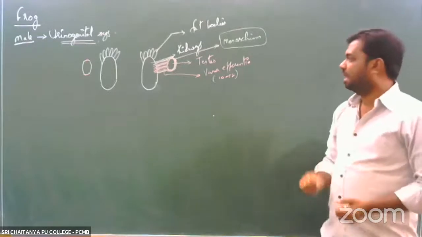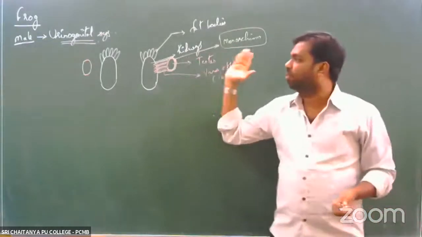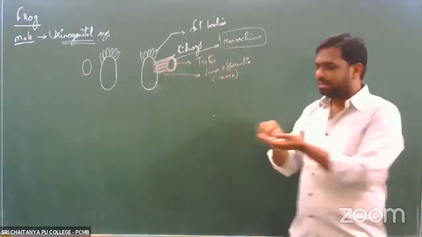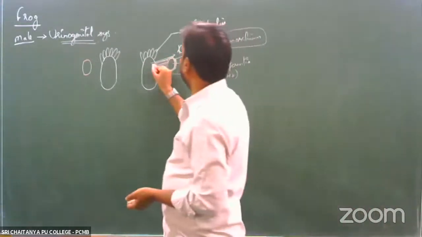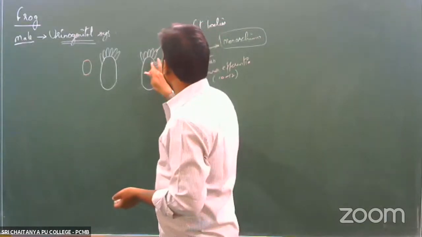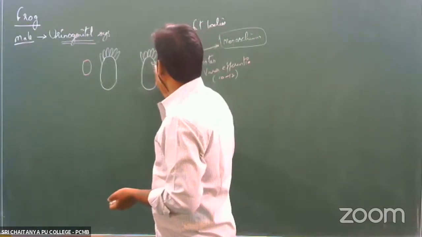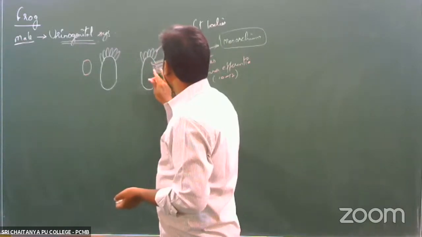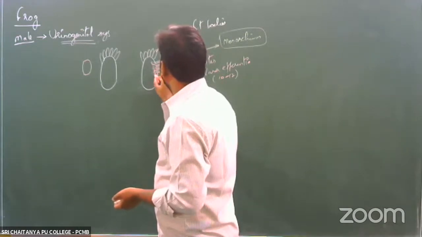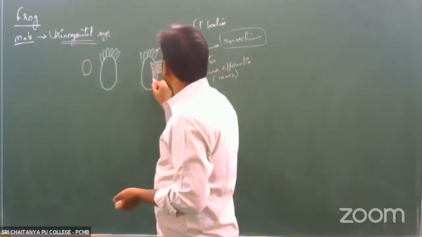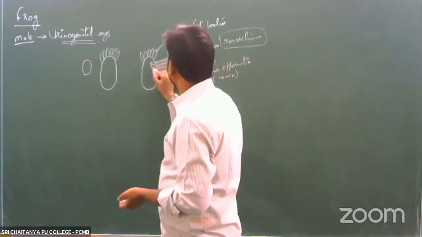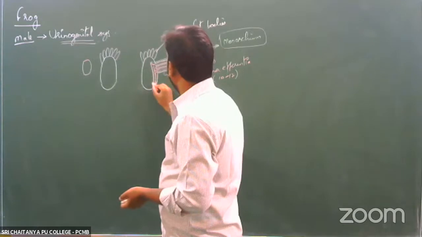Now, what exactly is happening? All these vasa efferentia, once they open up inside the kidneys, would be connected with each other, right? They would combine with each other. So all the vasa efferentia that are present would combine with each other to form a common duct. So this would be the common duct that is actually present.